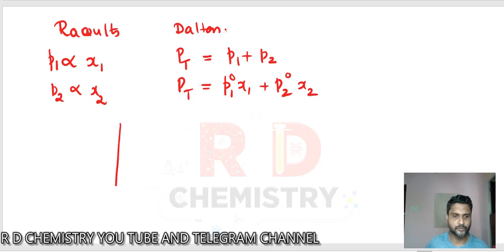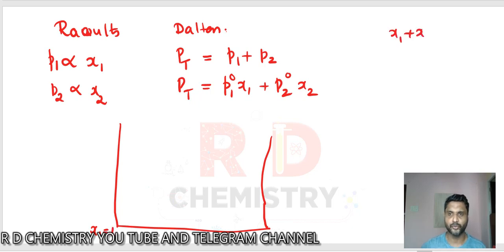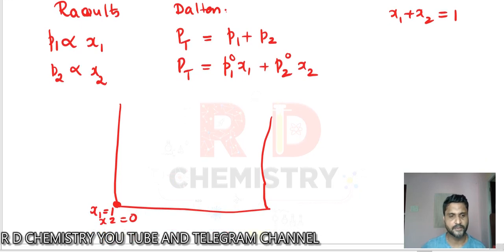Suppose I plot the graph for this, from the textbook itself. So x1 is equal to, let me take 1. You know that x1 plus x2 should be 1. So let me take pure component 1 and assume x2 is equal to 0 here, so it is the pure component state. Whenever the pure component is there, let the vapor pressure be equal to P1 naught, the pure state. So what will happen now? Suppose you go on adding, x2 goes on increasing. On this side, assume x1 is equal to 0 and x2 becomes equal to 1.